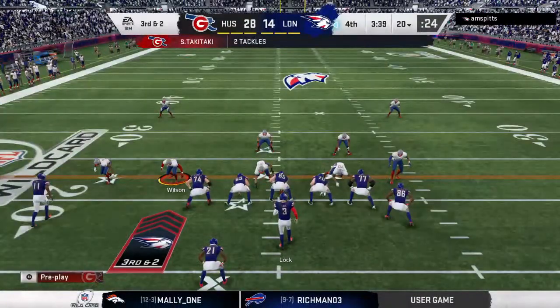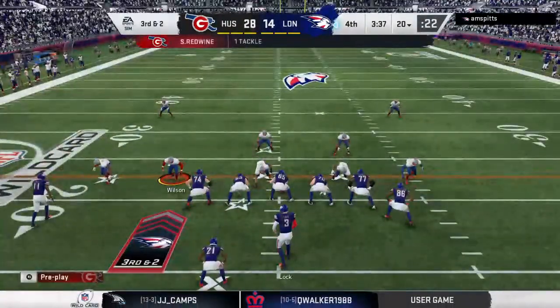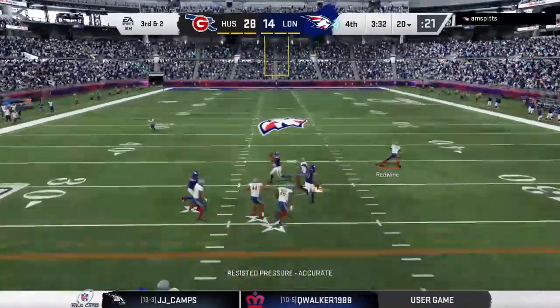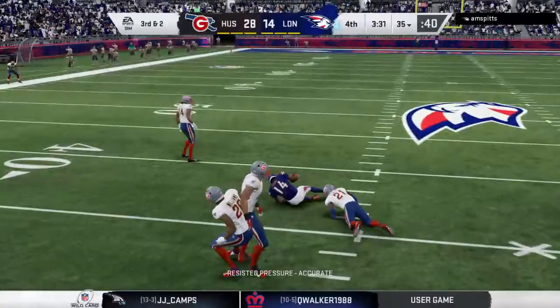Without a doubt, because they're also used to trying to catch people after the catch, and they miss. And that turns into what? A huge play. We've seen it so many times. In this case, though,